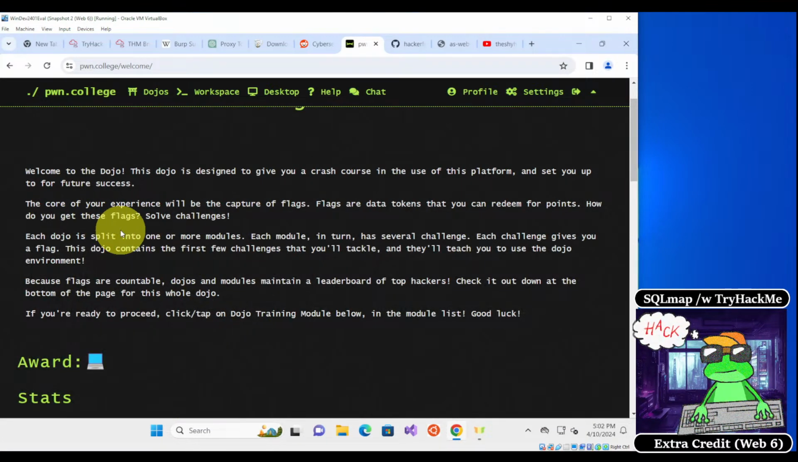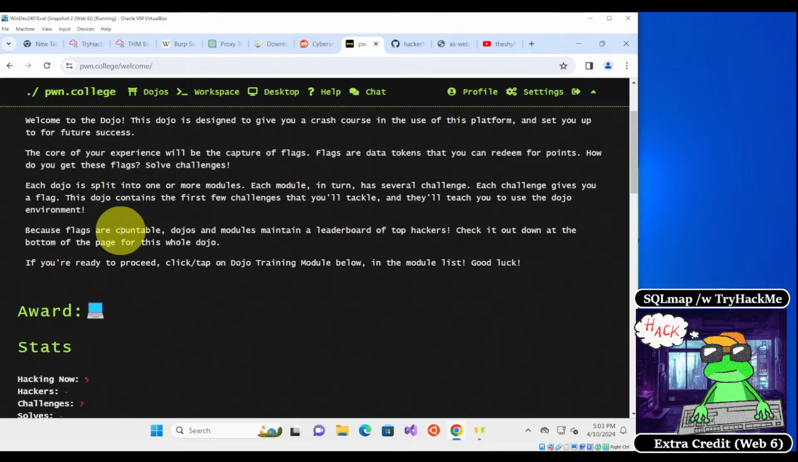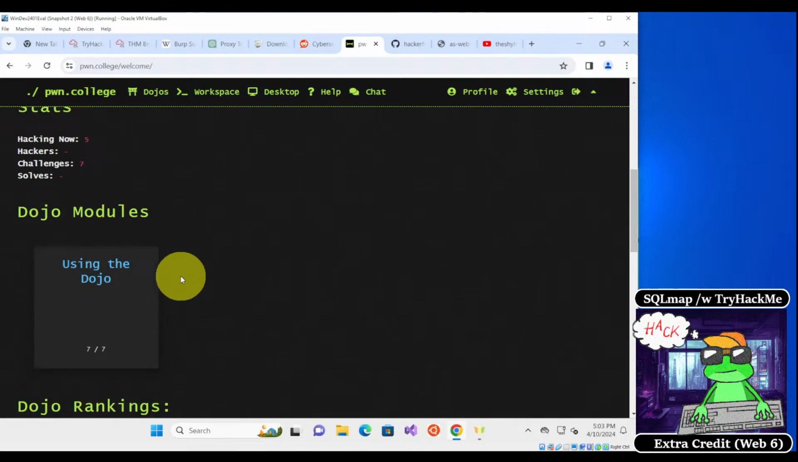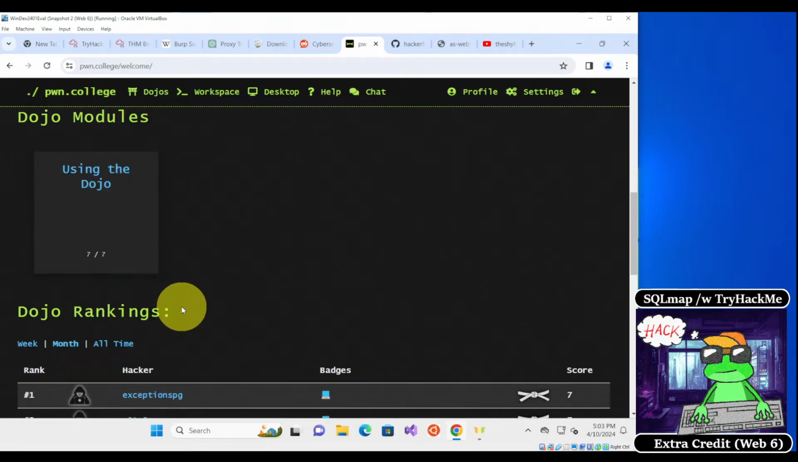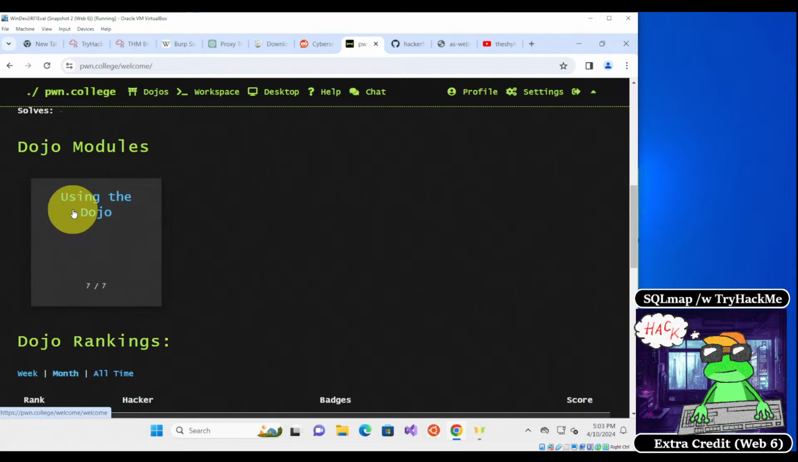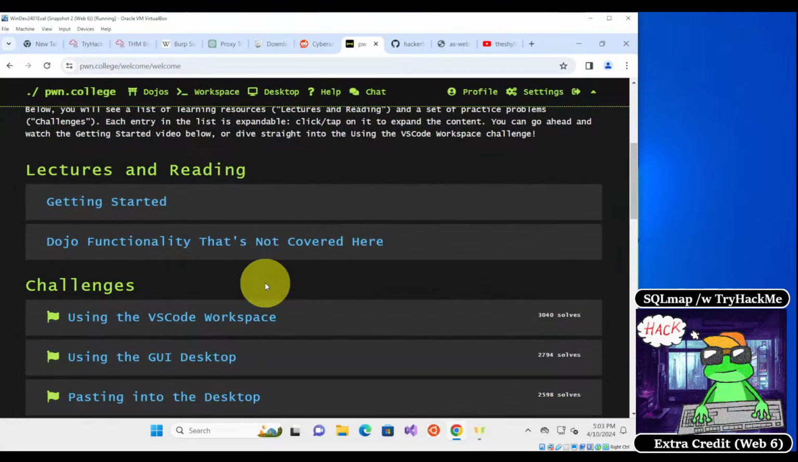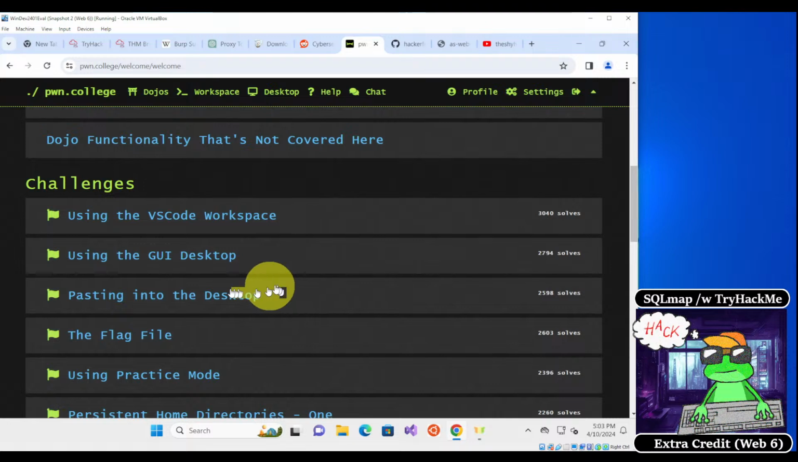So each one of these learning paths inside of pwn.college is called a dojo. That's what they use to illustrate the learning process. And inside of each dojo, there's a bunch of challenges that you have to solve. So in this case, the module is called Using the Dojo. So what we need to do is access the different